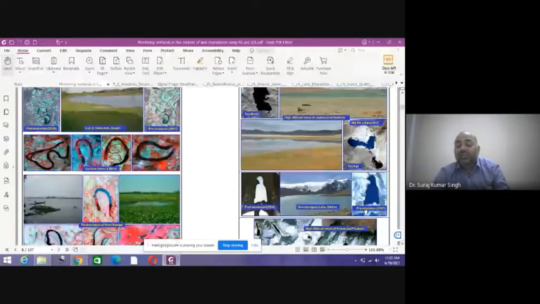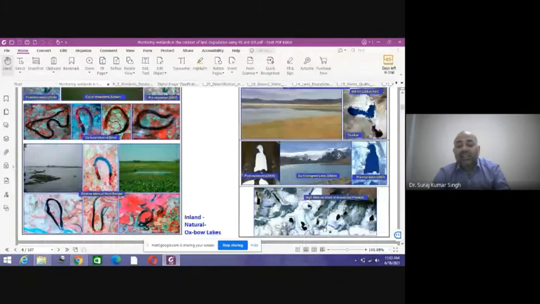So in order to have a real analysis, you can see how satellite images can be used for mapping these highland lakes that are created. Many times this also occurs, with a new term nowadays. We come across GLOF, glacial lake outburst flood, where artificial lakes are created because of changes in the geomorphological condition in that area.